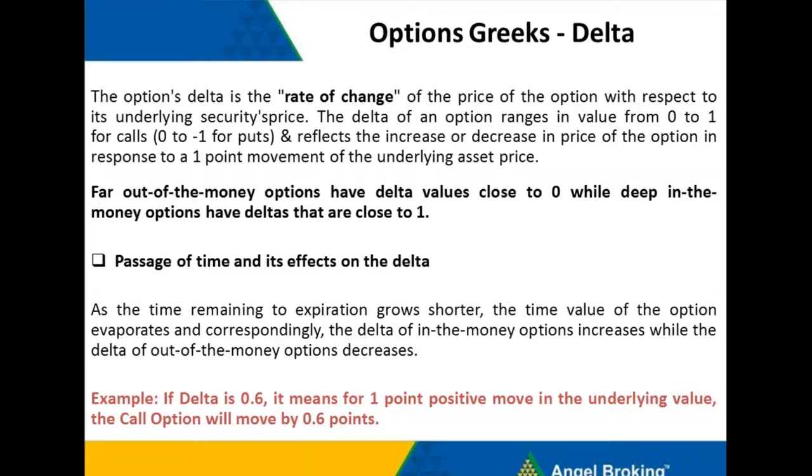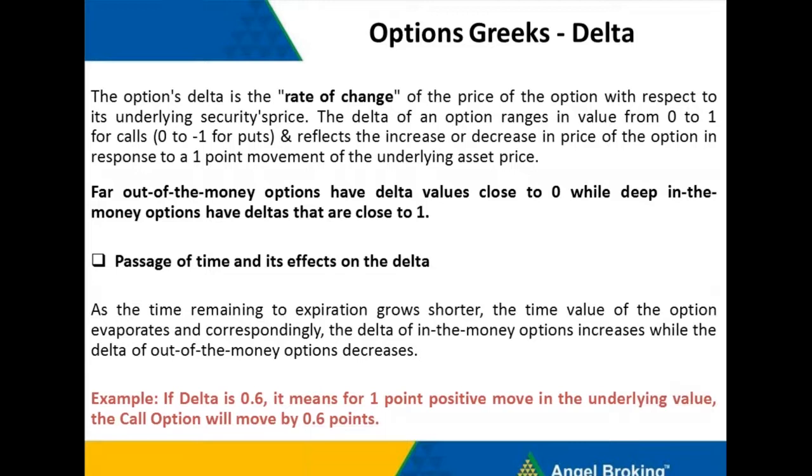So had you bought a futures contract, you would have made a profit of 100 points. But in these options, you are making a profit of only 30, 40 or 50, depending upon what type of option you are buying, whether out of the money, at the money or in the money. So that is where the delta comes in. The delta is the rate of change of the price of the option with respect to the underlying security's price. What it effectively means is that if the underlying security is moving up by one point, then the option will move up by a certain amount,